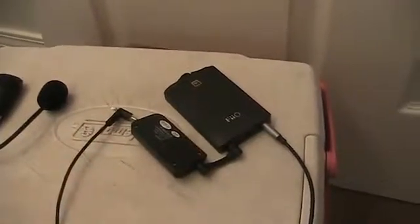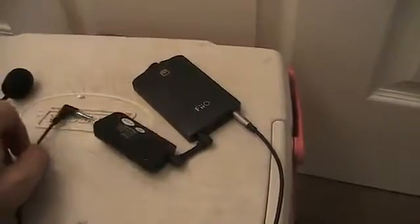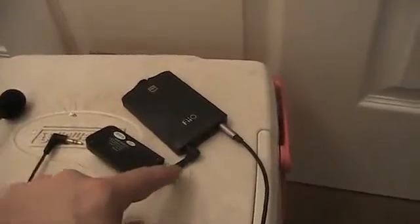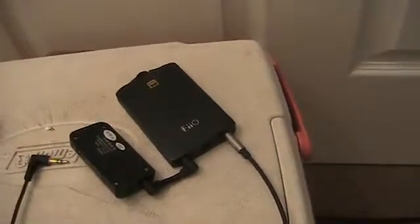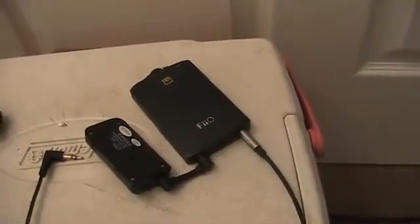And then this is the stuff that goes in that black pouch on the Megaphone that I was showing you. This is the receiver of the signal from the microphone, and that is connected to a preamp, which simply increases the volume. I had to do that because I was a little disappointed with this wireless system on this Megaphone. On other Megaphones it does just fine. You don't need the preamp, but